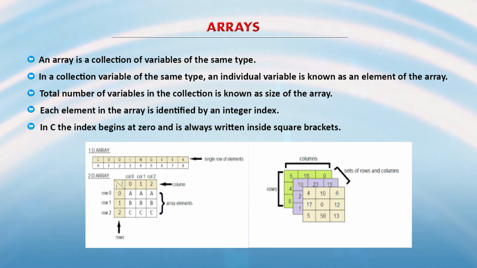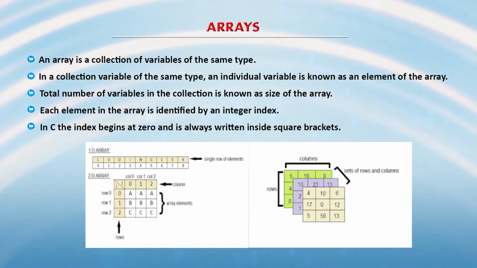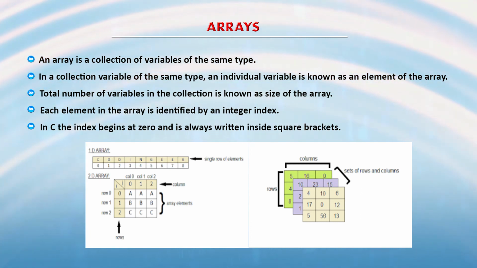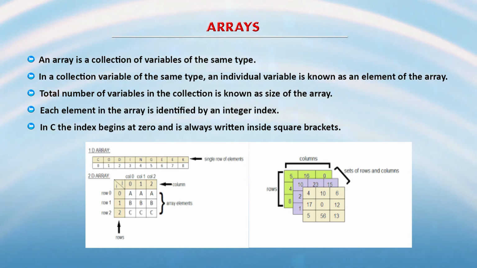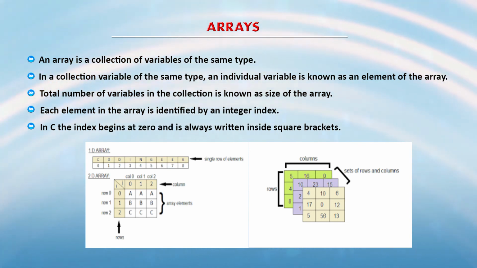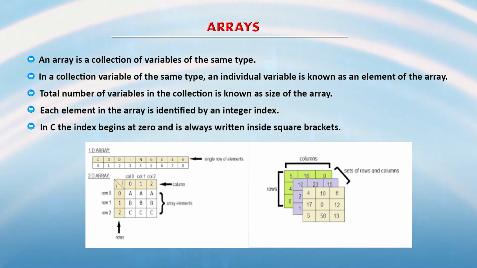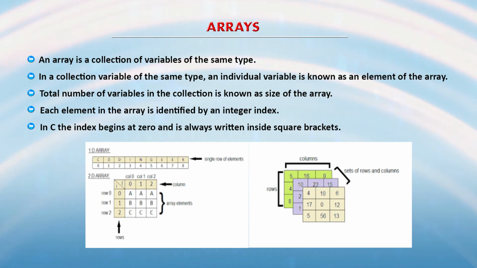Arrays can be 1 dimensional, 2 dimensional, 3 dimensional, even n dimensional. A 2 dimensional array is again a matrix where we have rows and columns, and we can have a 3 dimensional array. These arrays are actually mapped with coordinate axes or matrices, so we are not going into those details.